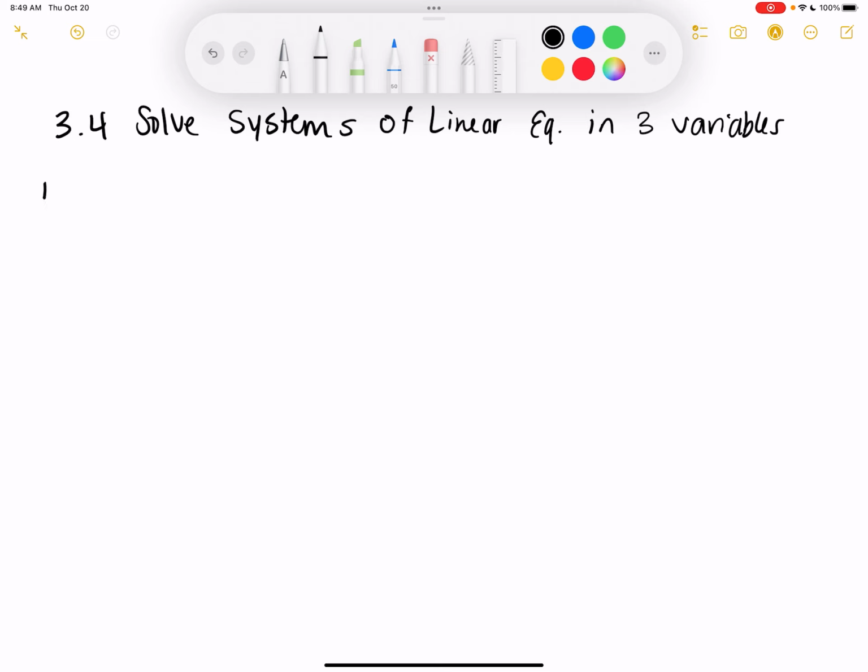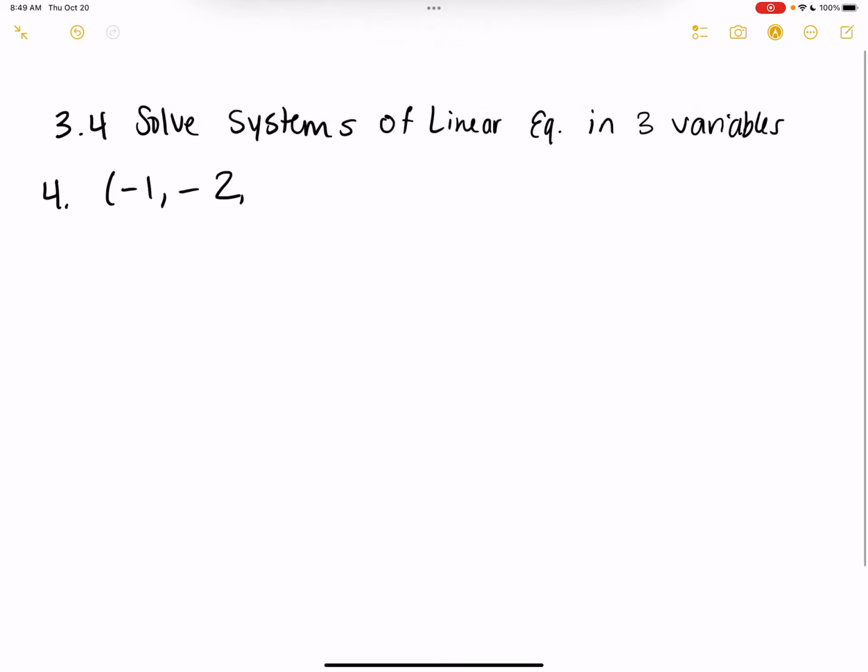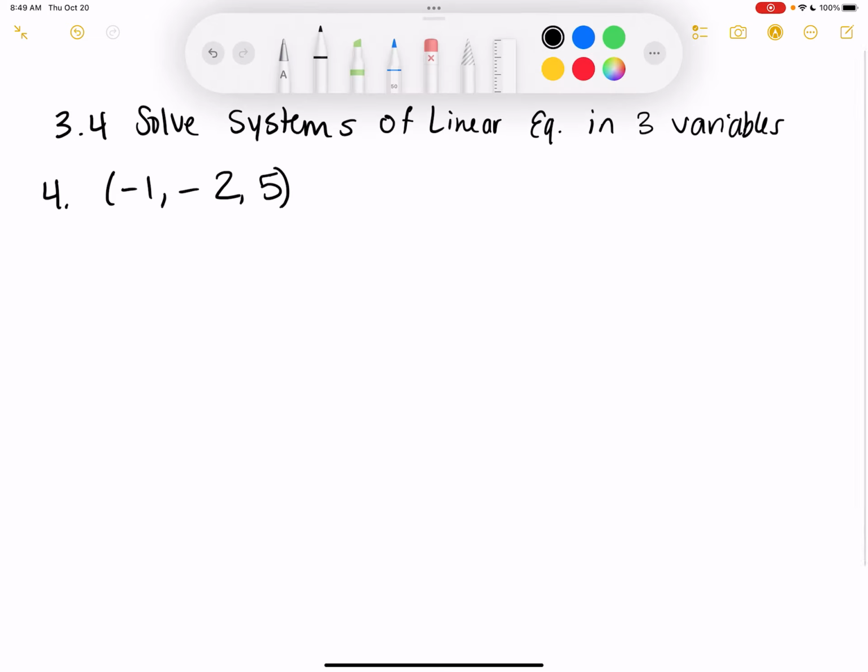So, number 4, the ordered triple that we're going to be trying is -1, -2, and 5. And the 3 equations are 4x